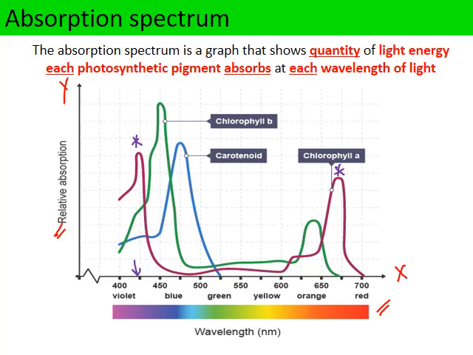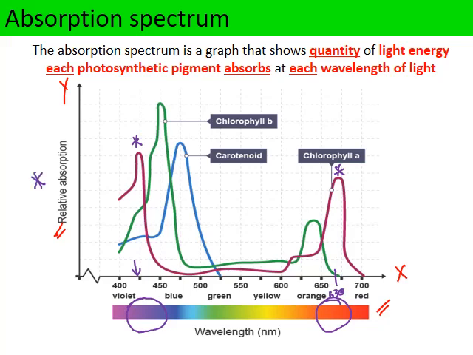So that's the highest peak on the left, and that represents the blue light. And the second peak for chlorophyll A is on the right hand side, and that occurs at about 630 nanometers, and that represents red light. So we know the highest quantities of light being absorbed by chlorophyll A are the blue part of the spectrum and the red part of the spectrum, because that is where the highest levels of light are being absorbed on